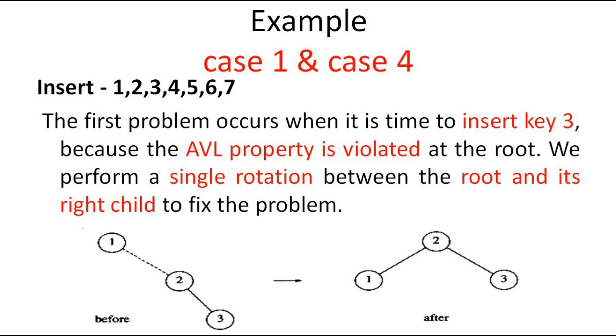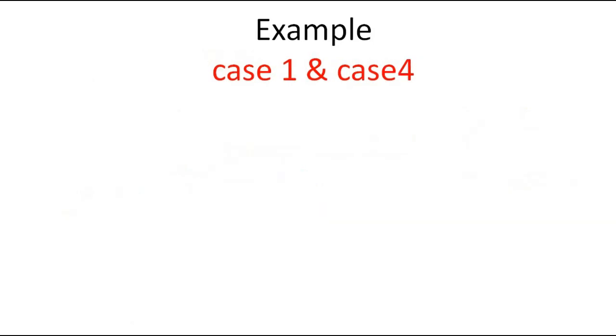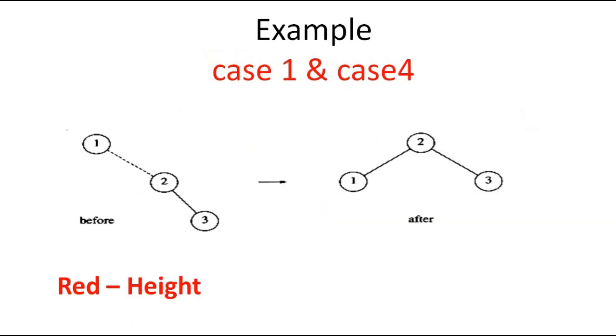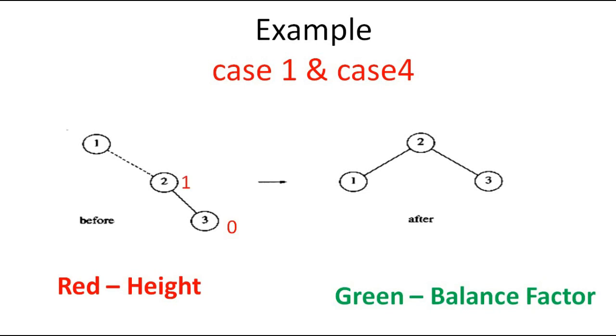Okay. Next, when you check with this balance factor, for example, height of the 3 is 0, height of the 2 is 1, and height of the 1 is 2. Then we have to check balance factor. Balance factor of 3 is 0. Balance factor of 2 is -1, because there is no left child, so we have to take -1 minus height of the right subtree, which is 0. So balance factor is -1.